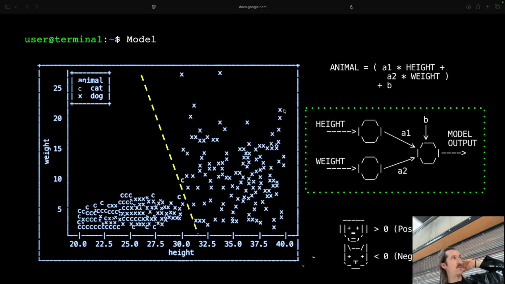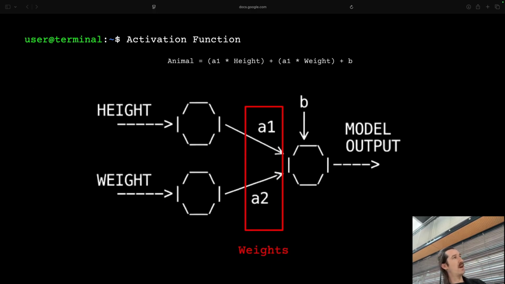So let's imagine this would be a dog, and of course the network doesn't know that this is a dog. We just say, look, I give you the height and the weight of this data bit, which would be our height and our width. And then I want you to multiply them with A1 and A2, and then add B on it. So A1 and A2 here in our example are what we call the weights. I'm not sure if you have heard about it. It's a very common term in neural networks. A lot of people talk about the so-called weights. That's basically the parameters the network was trained on.